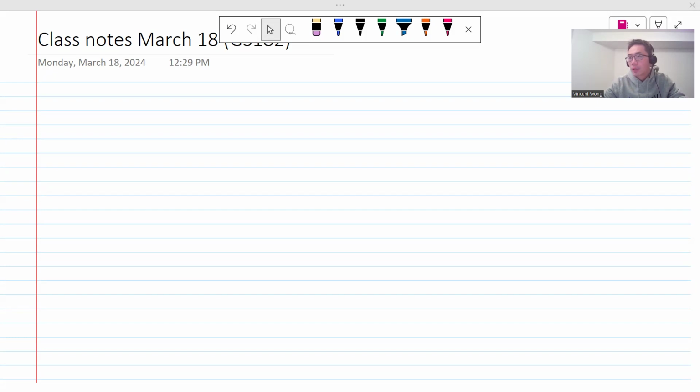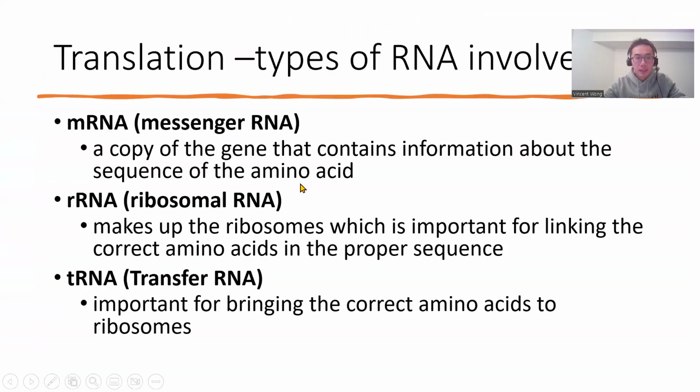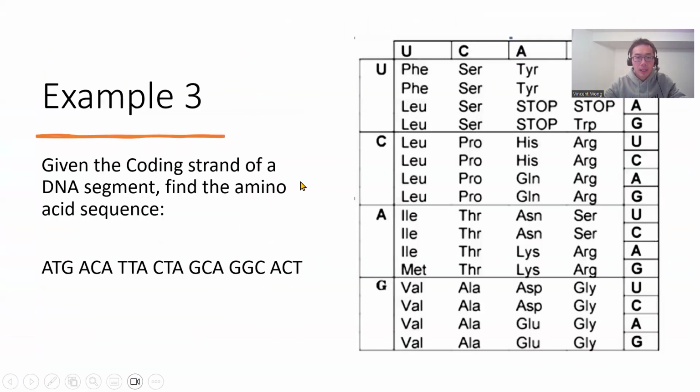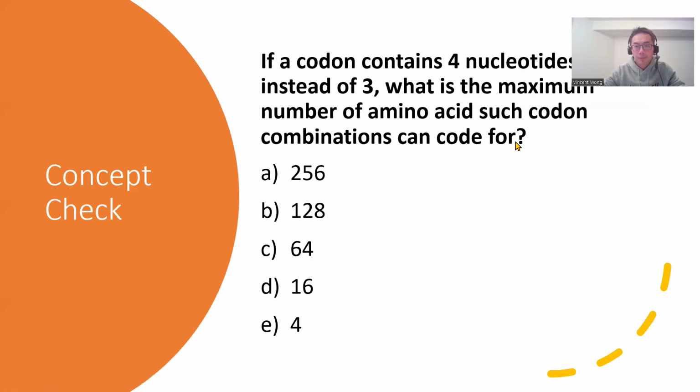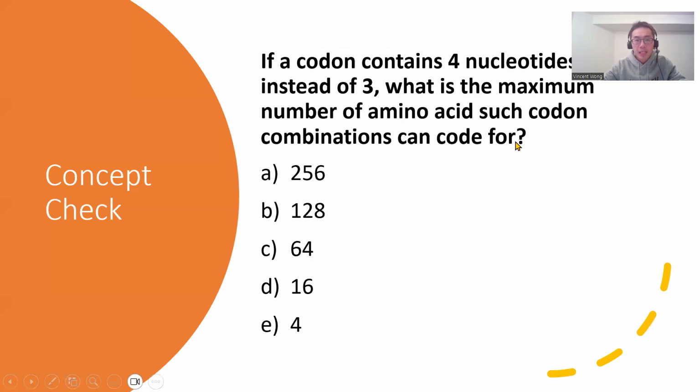Hold on, let's see where we are. Okay. Here are some questions. This is where we left off last time, I believe. And here is a poll question. If a codon contains 4 nucleotides instead of 3, what is the maximum number of amino acid